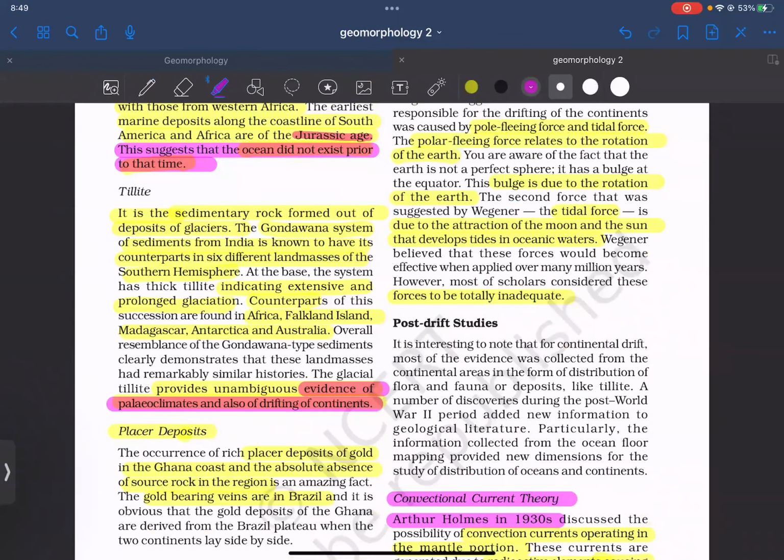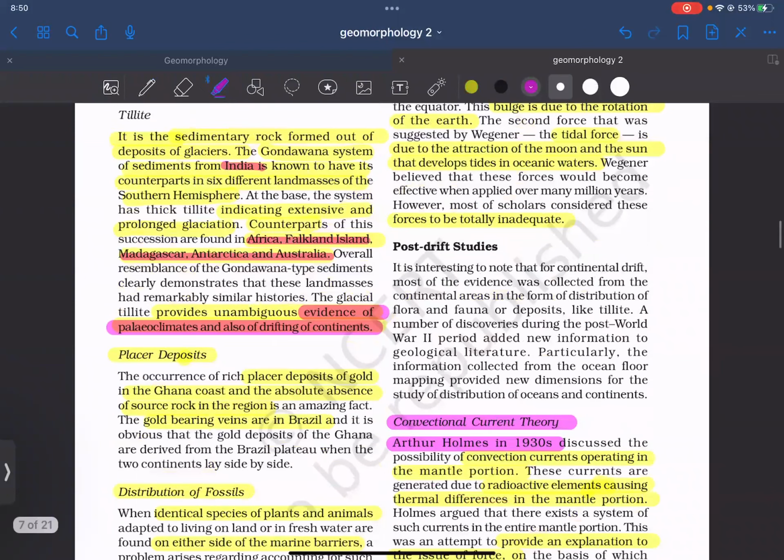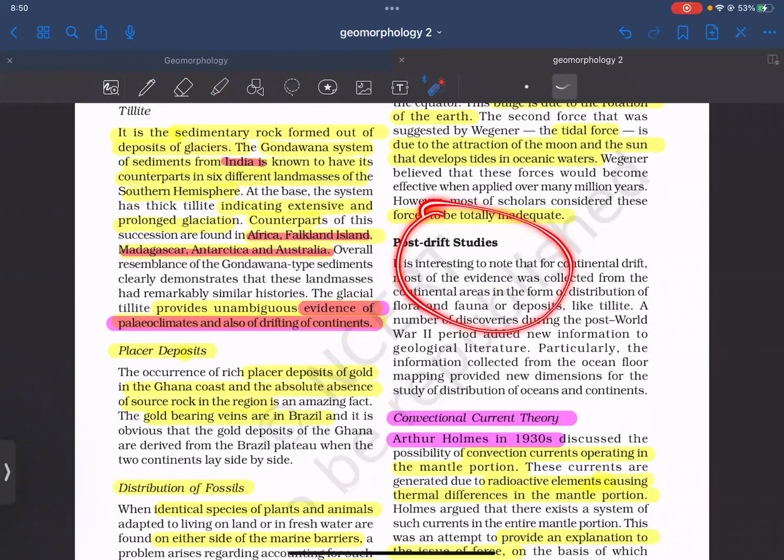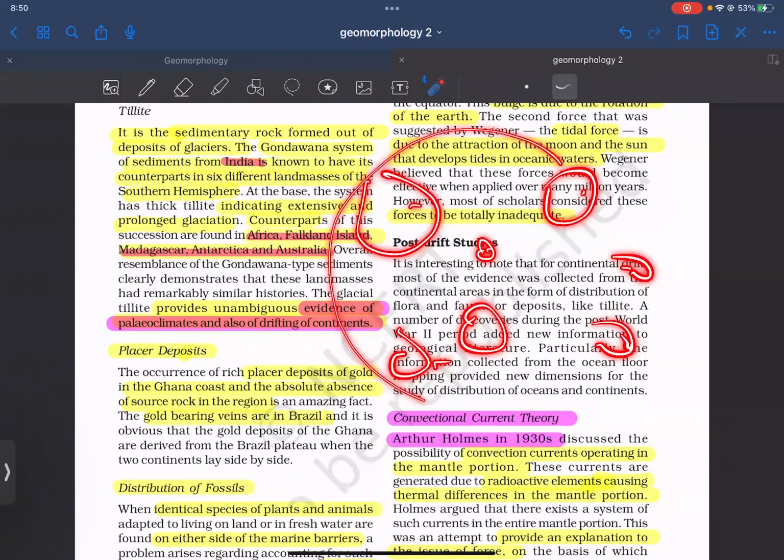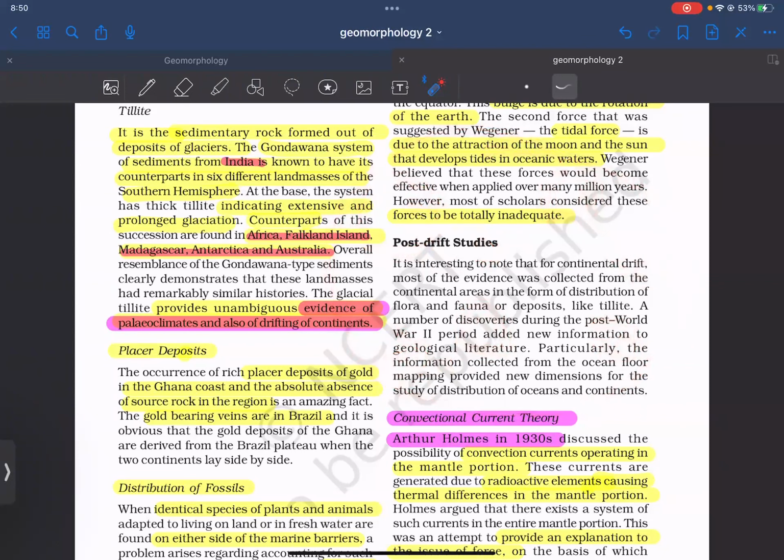तो कौन कौन सी रीजन है? अफ्रीका, फॉकलैंड आइलैंड, मेडागास्कर, अंटार्कटिका, ऑस्ट्रेलिया। राइट, इंडिया तो है ही ऑफ कोर्स। तो यहाँ पे हमें टिलाइट डिपॉजिट्स मिलते हैं। तो ये क्या शो कर रहा है कि अभी ये सारी रीजन दूर दूर हैं, तो अगर आपको एक ही सेडिमेंट्स इन सभी रीजन में मिल रहे हैं तो हो सकता है पहले ही जुड़े हुए थे, अभी ड्रिफ्ट हुए हैं।